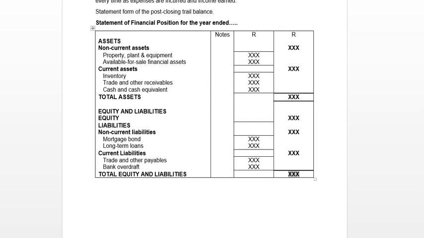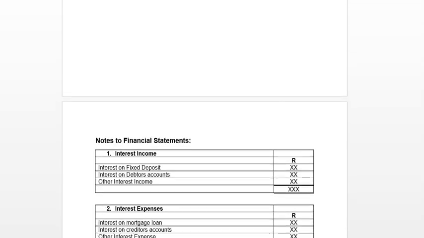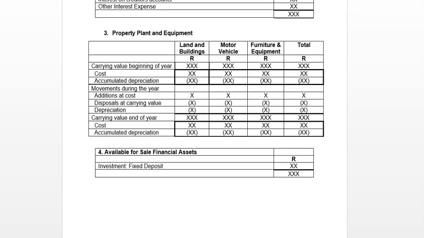We've got our assets. Assets is divided into non-current, so long-term assets, and our current assets, short-term, less than 12 months. So in our long-term assets, we have our property, plant, and equipment, and available for sale financial assets. And both of these have their own note to the financial statements. So property, plant, and equipment, you've got your fixed assets being land and buildings, motor vehicles,